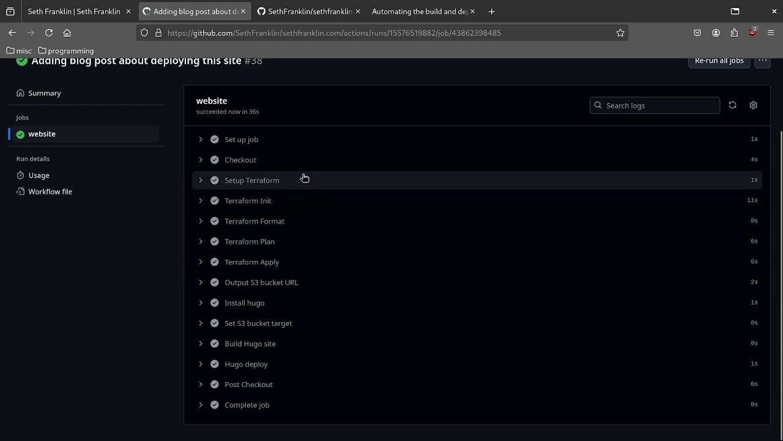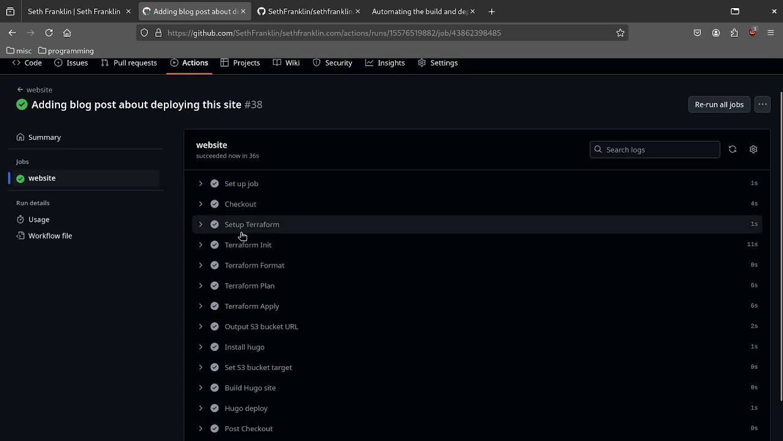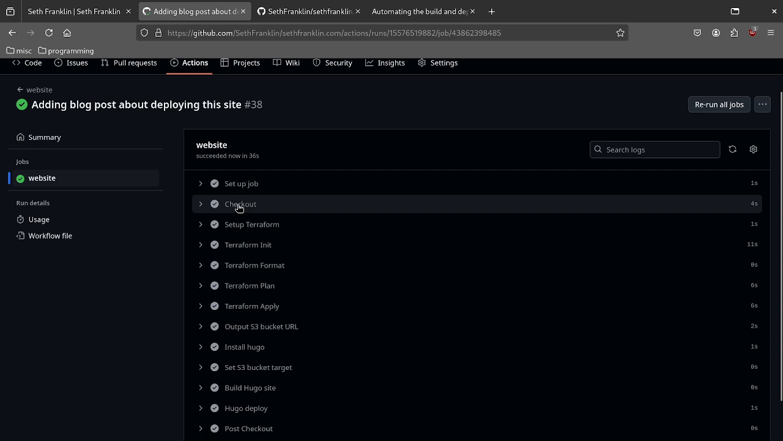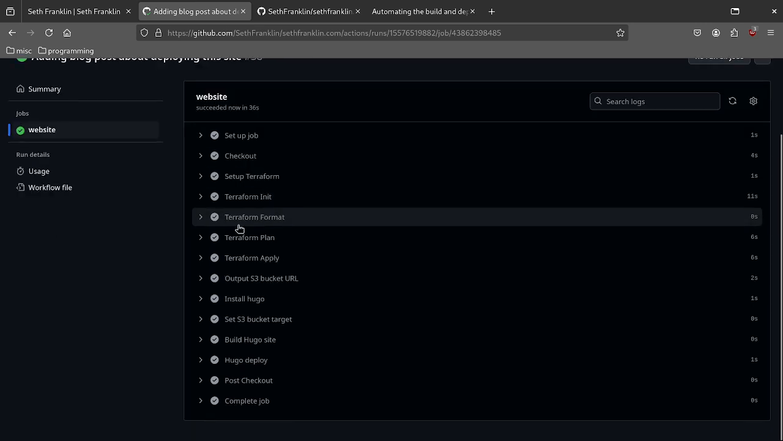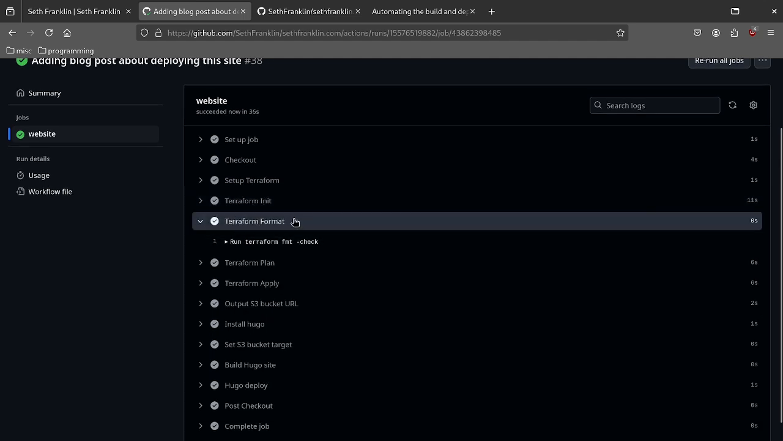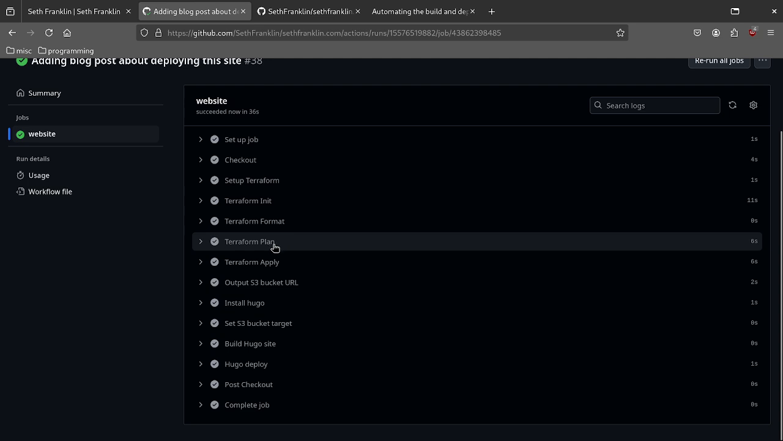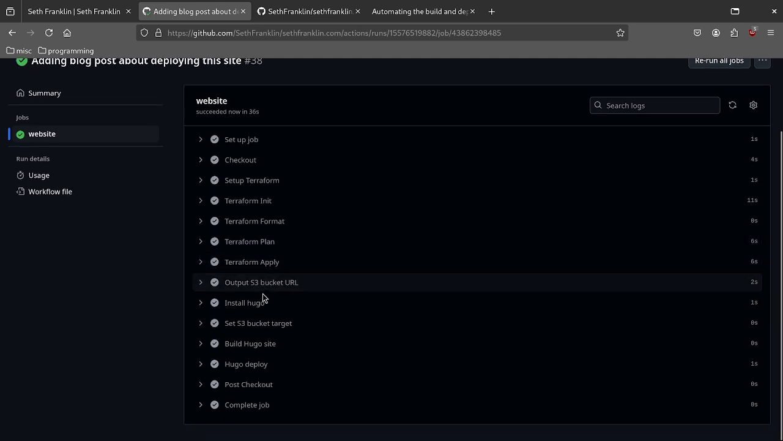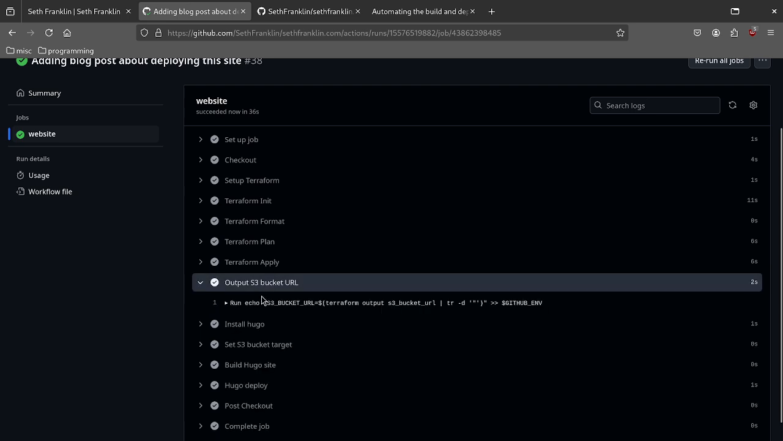Oh, it already ran. I guess it just took a while to load on my end, but it already ran in under 36 seconds. So I'll go through all the steps. You check out the repository, set up Terraform, Terraform init. This one's Terraform format check, just to make sure the formatting looks good. Terraform plan, Terraform apply. Here's the part that outputs the S3 bucket URL, so that I don't actually see it,